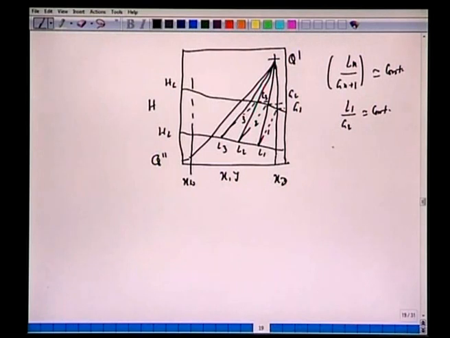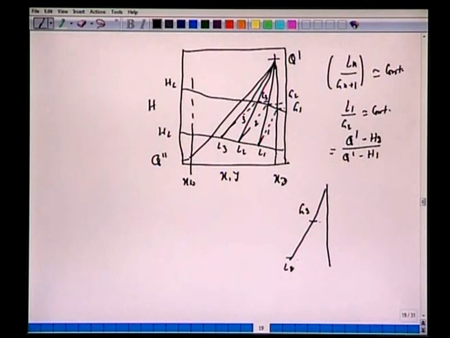Okay, and why was this constant? Because we said that this quantity is the same as Q dash minus Hg2 over Q dash minus Hg1. Alright, so if you mark all these points here, look at one vertical line, and another vertical line like here for, say, G3, and here we had this L2. So this is what we are trying to say here, this is Q dash